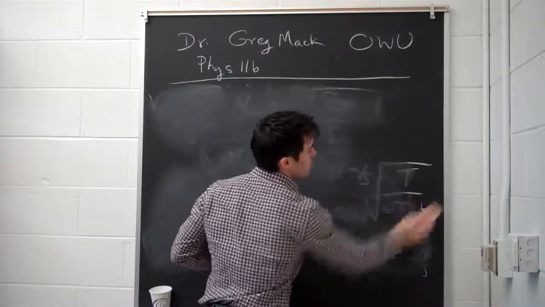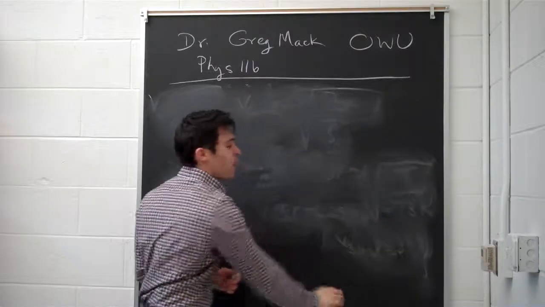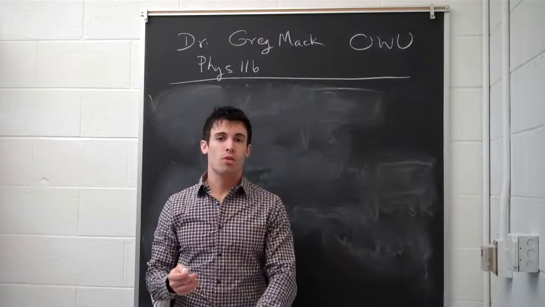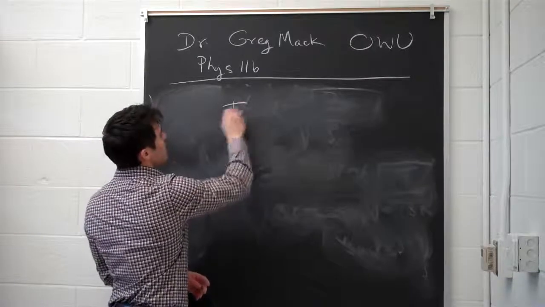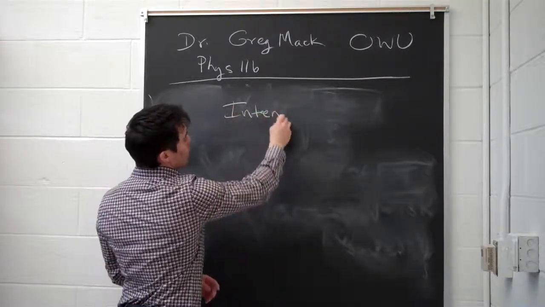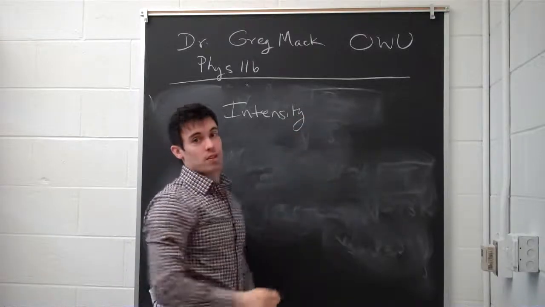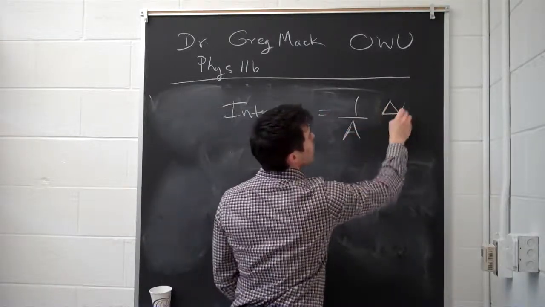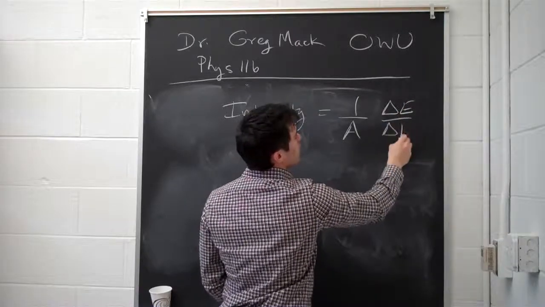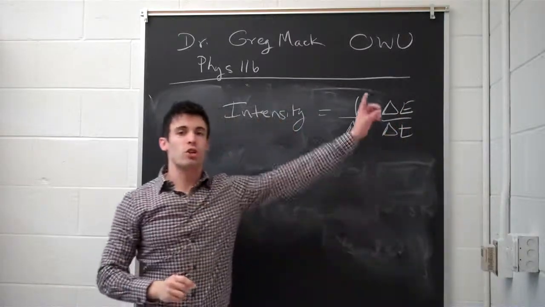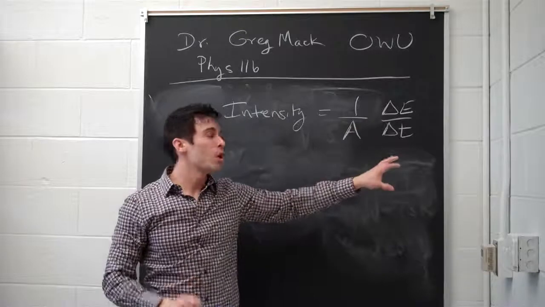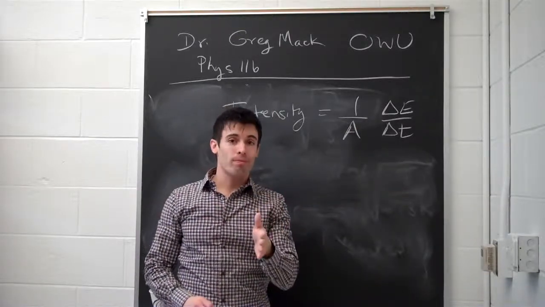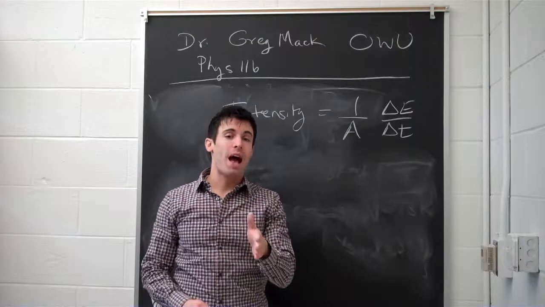If we want to talk about the loudness or softness of sound, that gets at the intensity of the sound. So the intensity, the volume level of the sound, is equal to 1 over the area times the change in energy over the change in time. What does this mean? This means that it is the energy flow, the rate of energy flow, past a surface